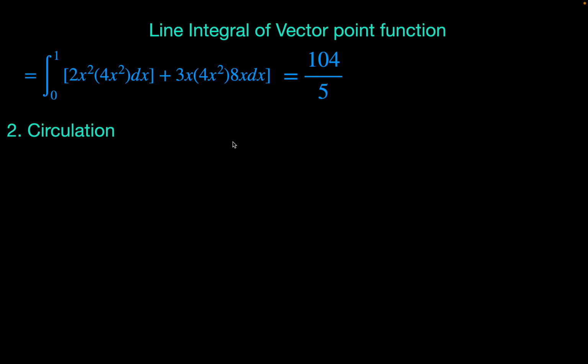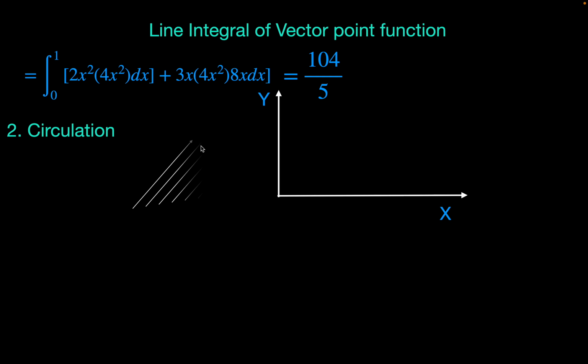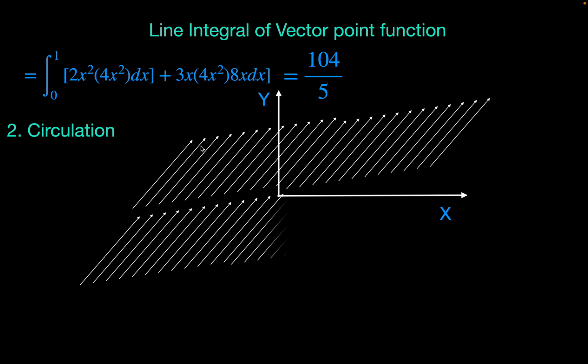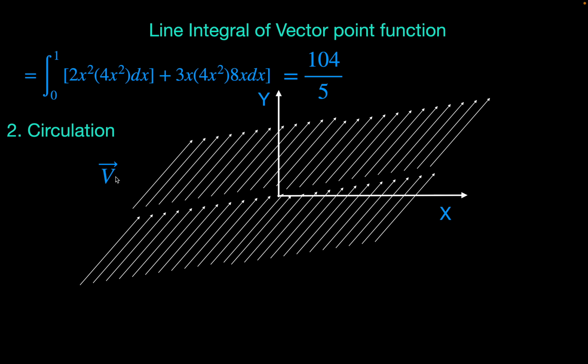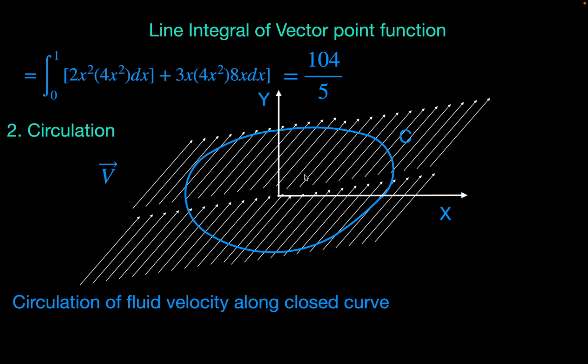The second application is in obtaining the circulation. A fluid moving in the xy plane has the velocity field represented by vector v. The circulation of this vector along any closed curve C is called the circulation. The circulation of this vector v is obtained by taking the line integral along this closed curve of vector v, and this circulation represents the rotational property of vector v, and if circulation is 0 we can say that fluid velocity is